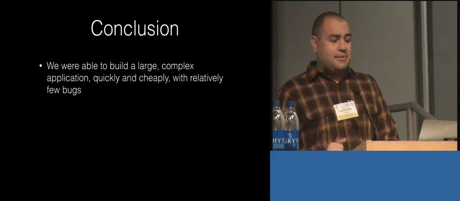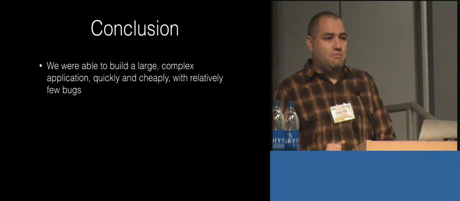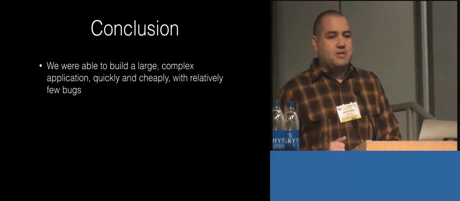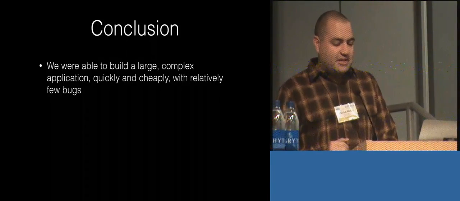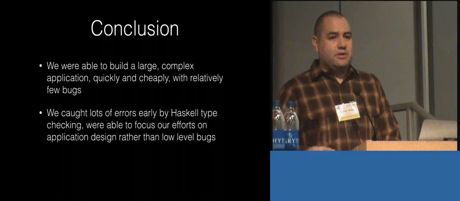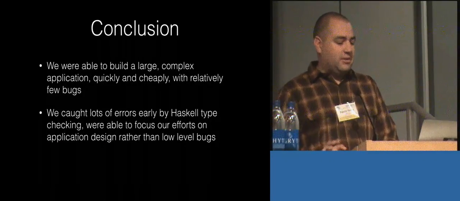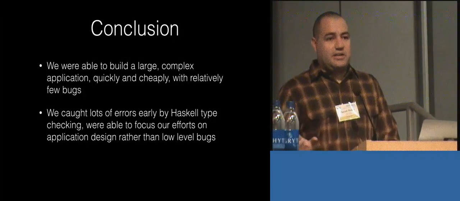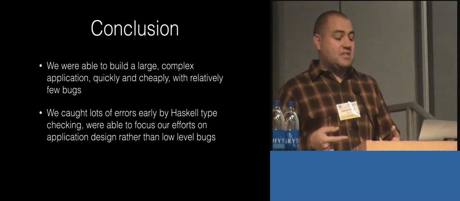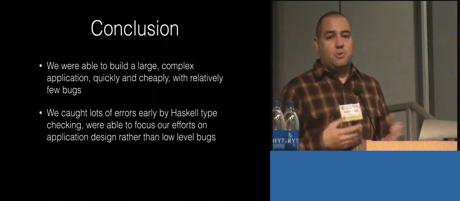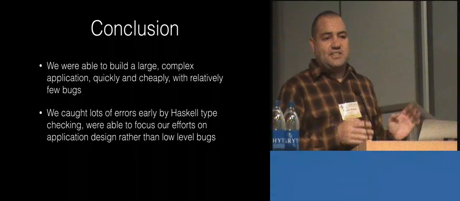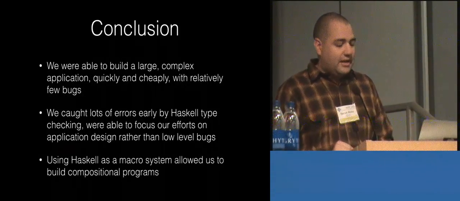So in conclusion, this was a large, complex application, and we built it pretty rapidly, and we didn't end up with any of those bugs that are prevalent in all the existing embedded systems. By embedding all of the features that we wanted for Ivory safety in the Haskell type system, we're able to check all the safety of our macros and the code that we're emitting very quickly. And that made a fast development cycle, and we could focus on the more important things than C buffer overflows, because we knew that if it type checked, all that stuff is basically correct.